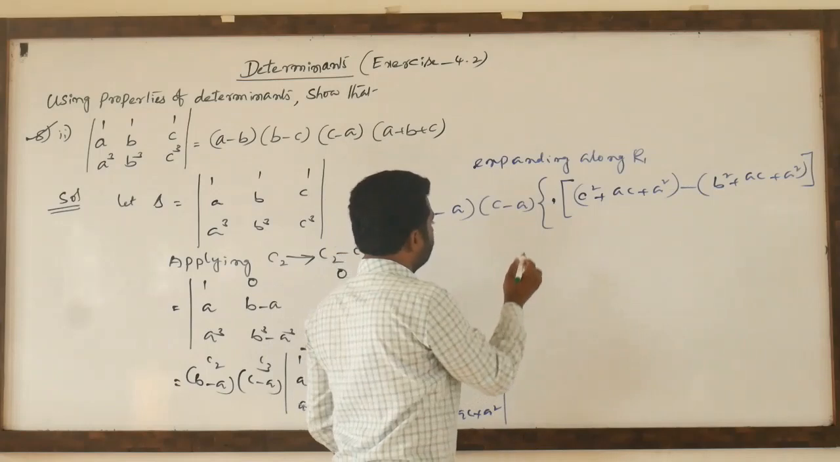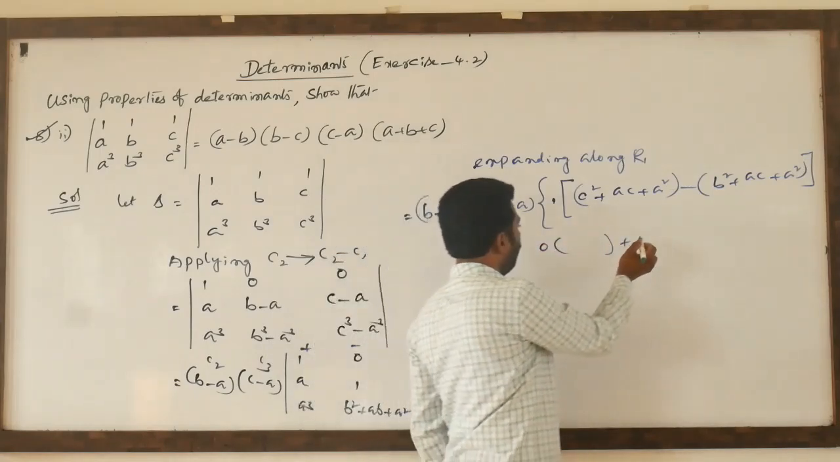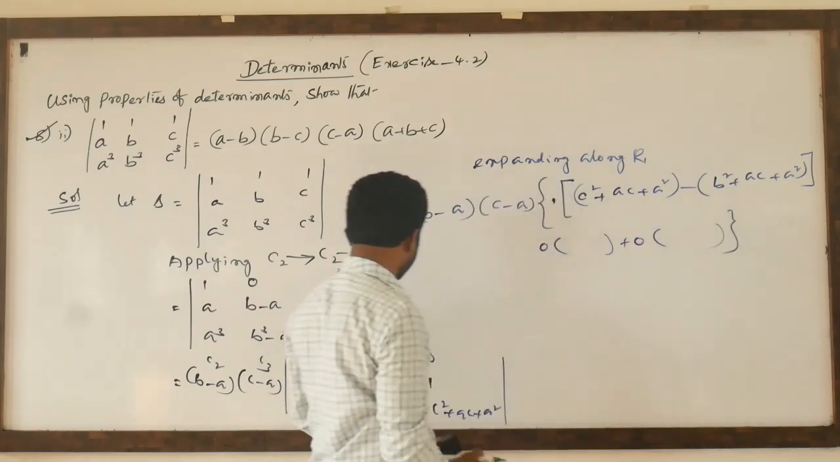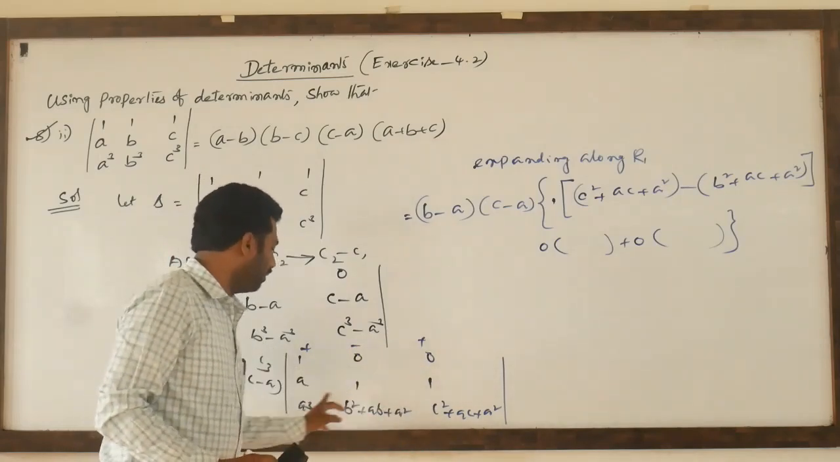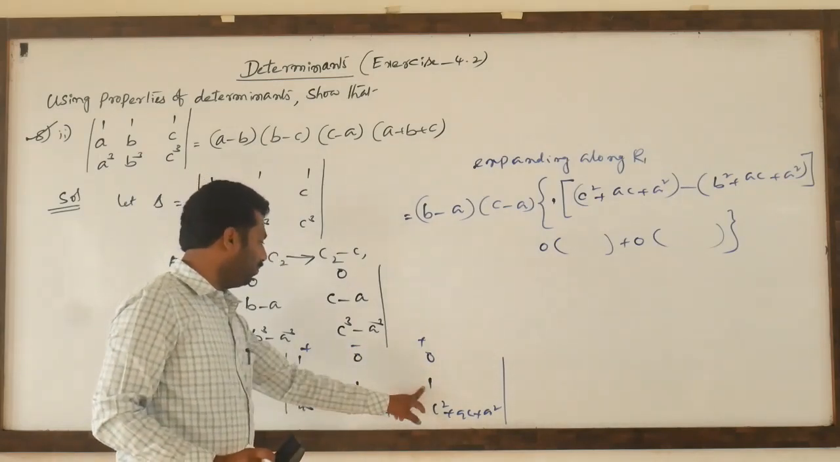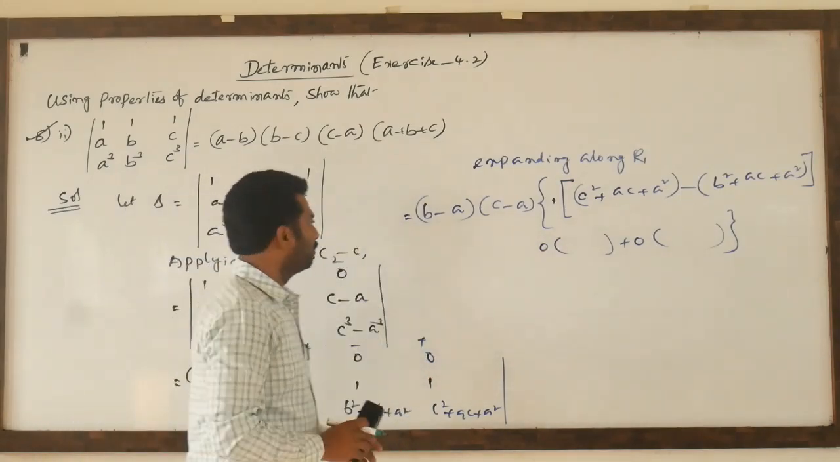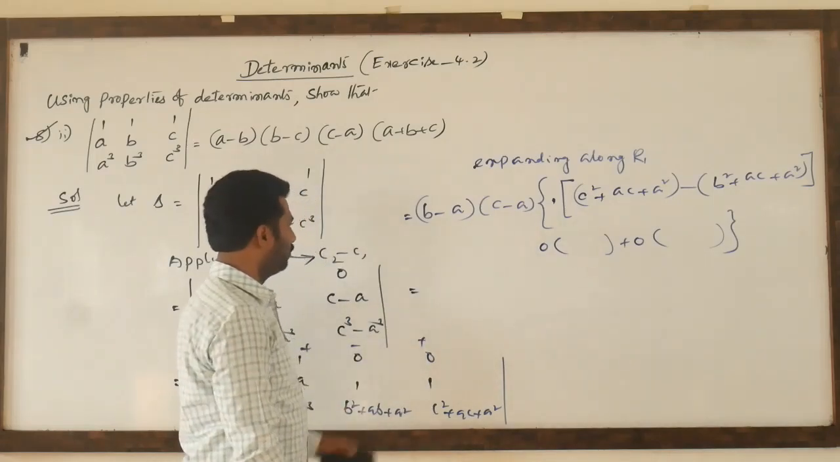Minus 0 into something is 0, plus again 0 into something is nothing but 0. See, 0 into, if you close this one, A into this one minus B, A cube. So anyhow 0, because 0 into something means 0. So no need to write that one also. If you want you can write, no problem. So this